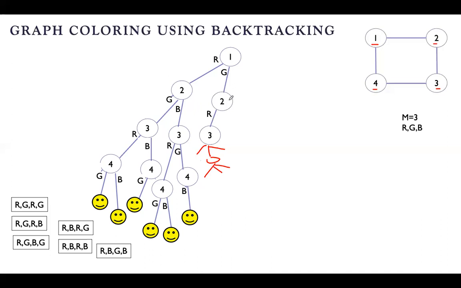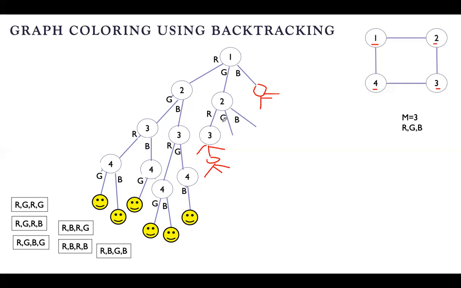And then we'll go back. For 2, we'll check for RGB. And then we'll go back to vertex 1 and we'll check for one more combination, that is B. And again here you have to check for second vertex RGB and third vertex RGB. Is it clear? See, for time being, I have done only one iteration. That is vertex 1 followed by red color I have checked.